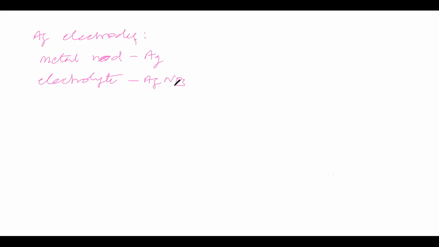Now we are taking silver nitrate as the electrolyte. Silver nitrate is a soluble salt. Soluble salt in the sense its concentration is greater than 0.1 molar. Ag plus, NO3 minus. It is one type of silver electrode. For this, the electrode reaction is: Ag plus aqueous takes an electron and becomes Ag. For this, an electrode potential is there.